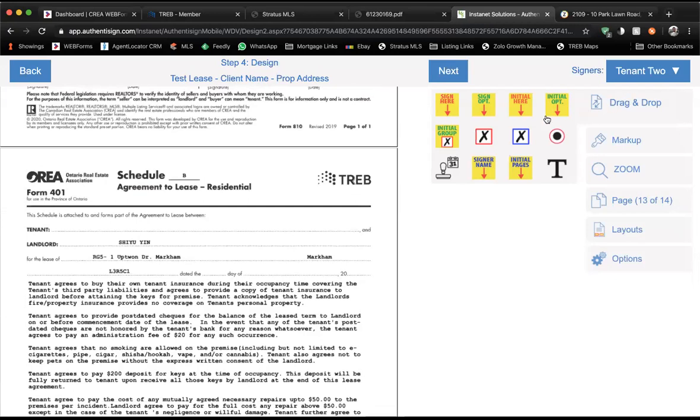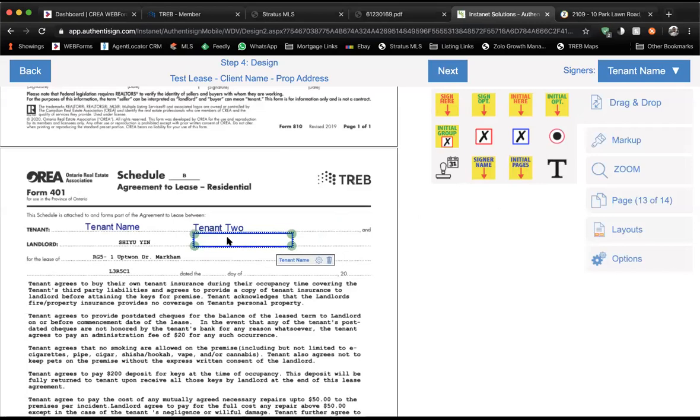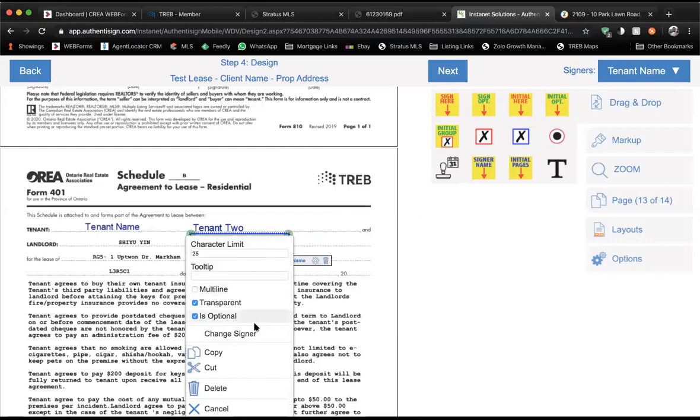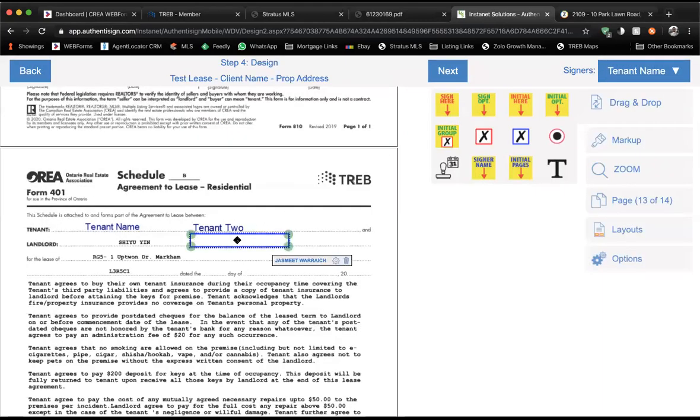So what you can do is drag and drop just signer names in this case. Okay, so tenant 2, tenant 1, and let's say this information was not included, like landlord name was not included. You can use the text field over here, and you can input this information yourself. Sorry, so I assigned this to the wrong person. Let's assign this to Jasmeet. And what'll happen is when this is sent to Jasmeet, he can fill it out manually, or